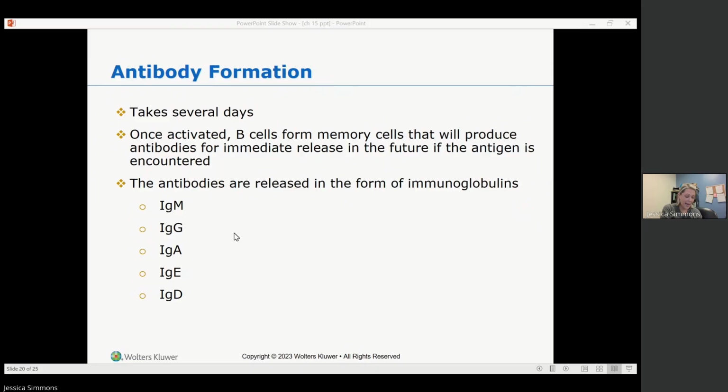IgA is found in tears, saliva, sweat, mucus, and bile. It is secreted by plasma cells in the GI and respiratory tracts and in epithelial cells. These antibodies react with specific pathogens that are encountered in exposed areas of the body. IgE is present in small amounts and seems to be related to allergic responses and to the activation of mast cells. IgD is another identified immunoglobulin whose role has not been determined.